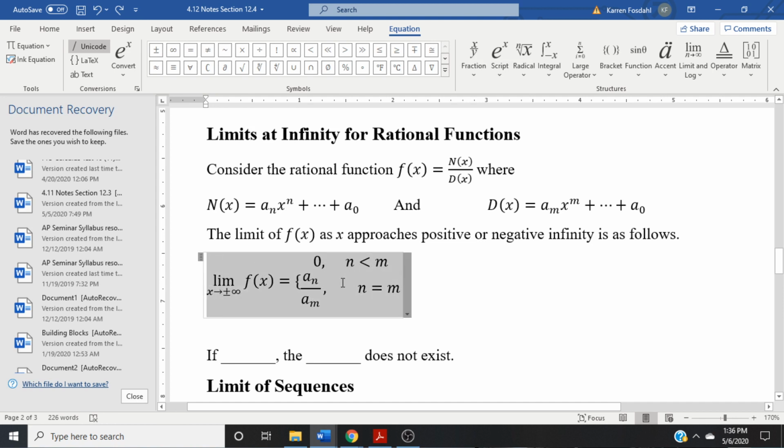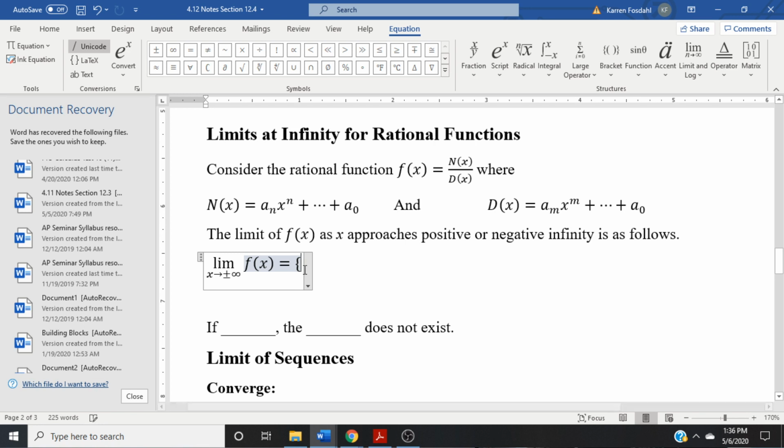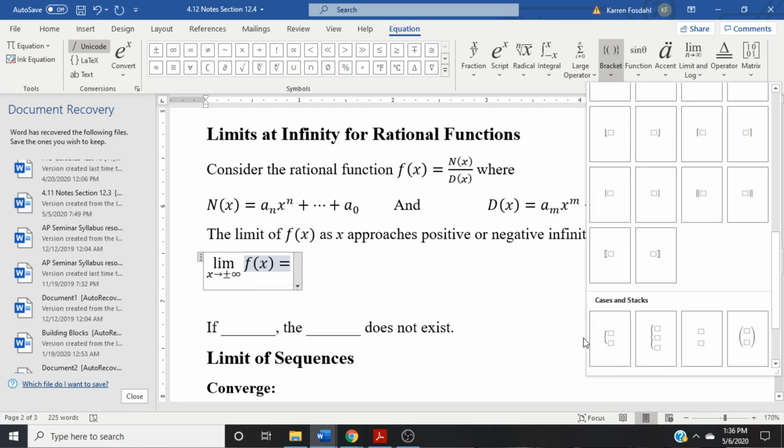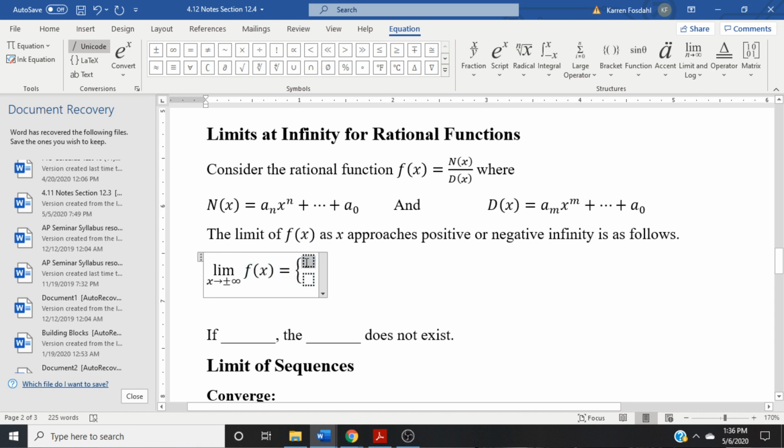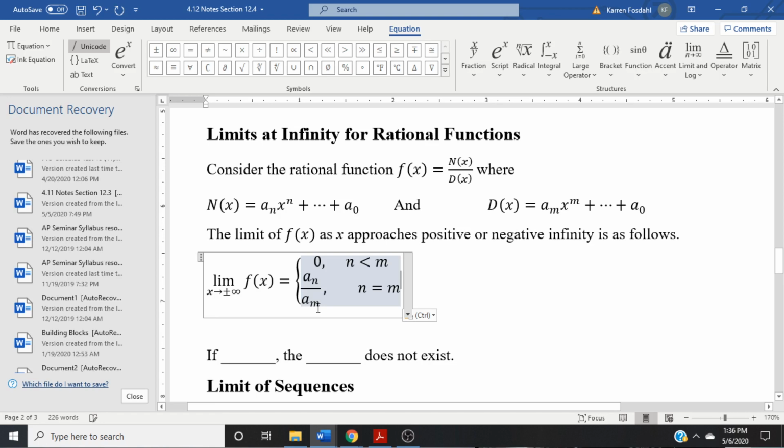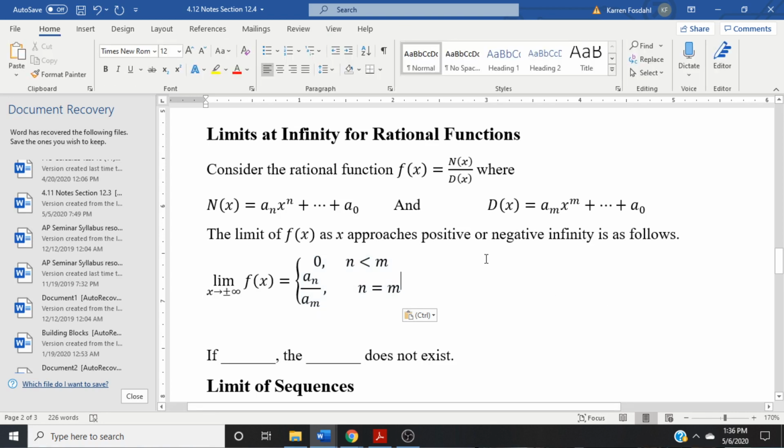Sorry, people. I am realizing I could have done this much easier. So let's cancel that. Let's do brackets with stack. I always forget that I have this tool. Okay, Control V. Beautiful. Okay, so basically, if